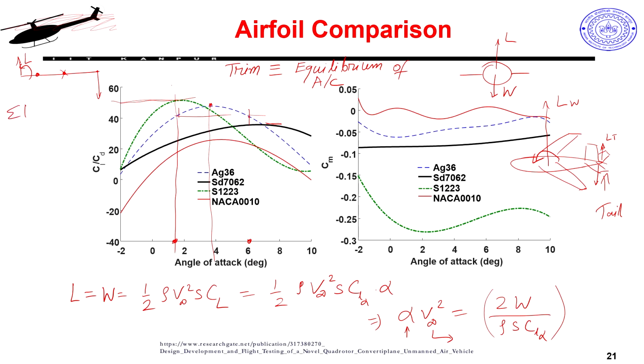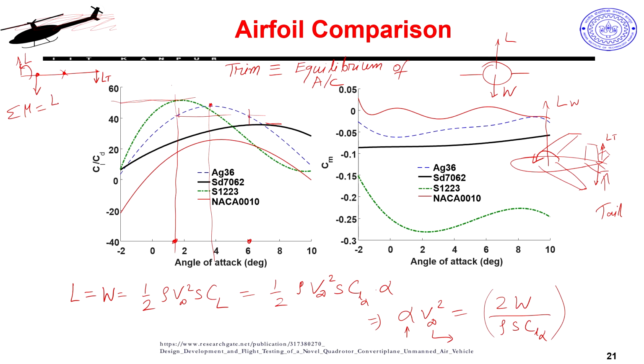So, if I do my moment balance, actually there is a weight also acting, sorry. So, this need not have to balance the entire weight, my bad. It is actually only, so this is the lift of the tail. So, lift of the tail plus my weight should be equal to my overall lift force, but there is a moment also acting. So, I will take a moment equilibrium about this point.